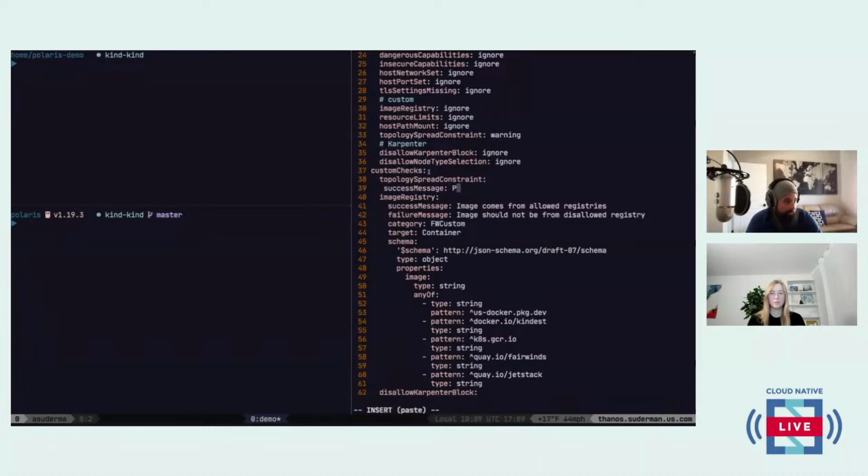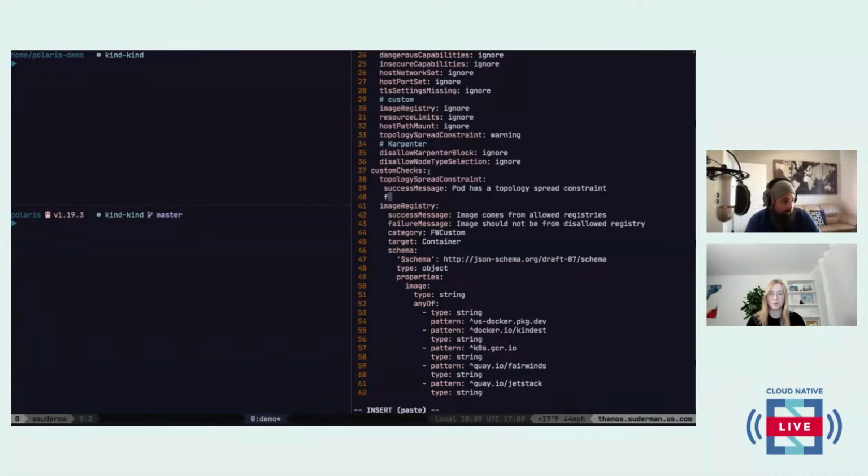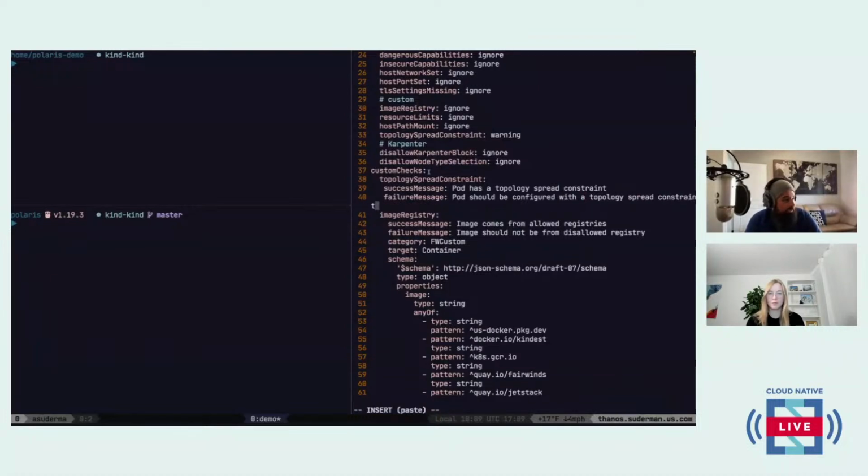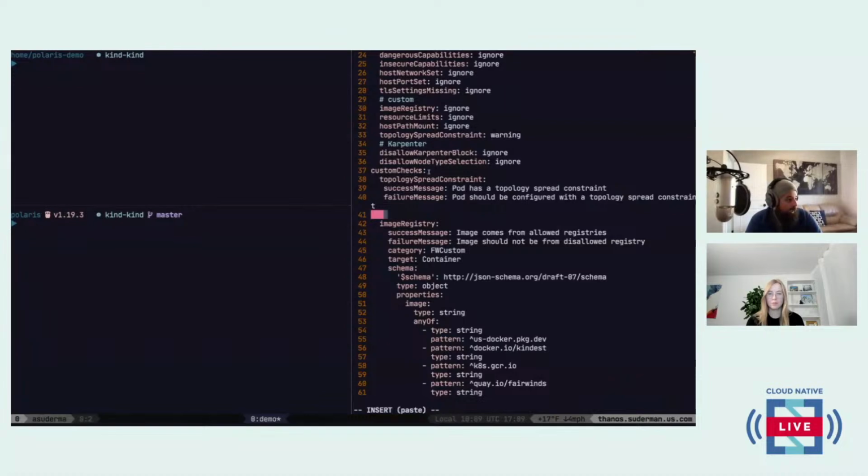So we're going to say success message. Pod has a topology spread constraint. That is a difficult thing to say quite so many times in a row. All right. Pod should be configured with a topology spread constraint. So we've just got our success message and our failure message, the information that we're going to share with the